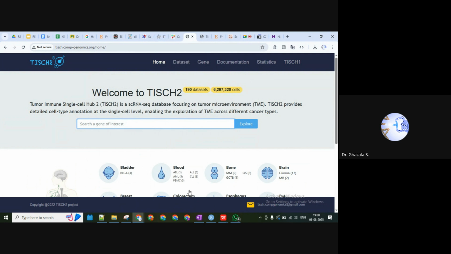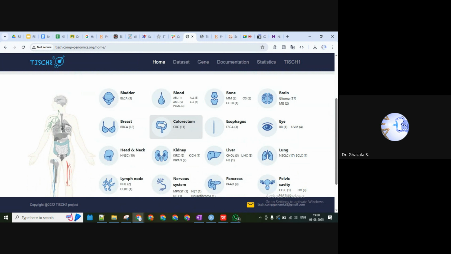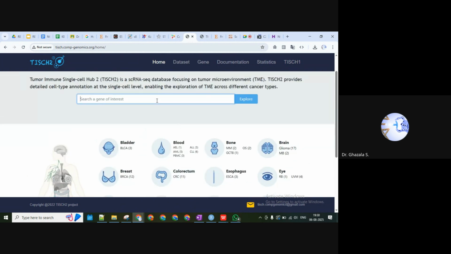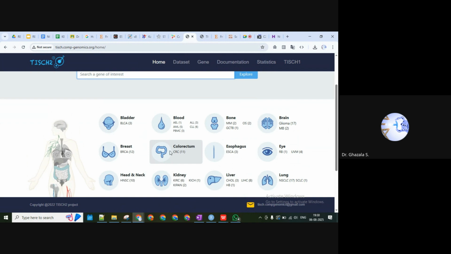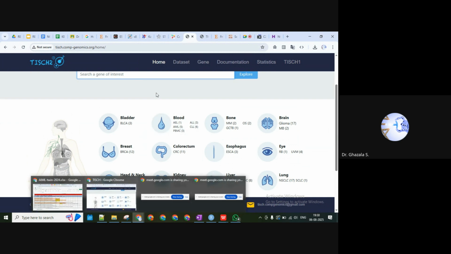One by one, as I mentioned, we need to narrow down our gene list based on which genes are novel or of most interest. The novel genes that we are mentioning here, as we saw for colorectal cancer, seem novel, and there is no information. You can try a few here, but if the information is not there, it means the gene is new for colorectal cancer and no studies have been published, so that's why data is not there. But for the other genes for which data is there, we can search for them.